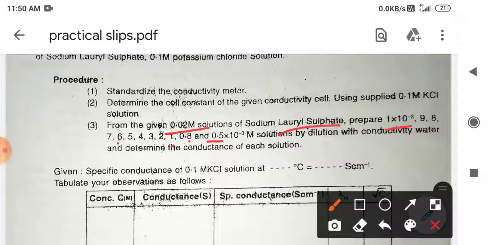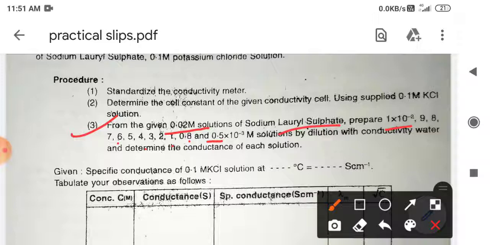Okay, so this sodium lauryl sulfate or SLS solution is quite a soapy one. So it will form foam when we try to make this solution. One precaution that we need to take is to avoid a large amount of shaking of this solution, otherwise it will form an excessive amount of foam, so the experiment gets lengthier. So when we are performing this experiment we generally avoid shaking the solutions. Okay, that is the one precaution we have to take during this experiment.